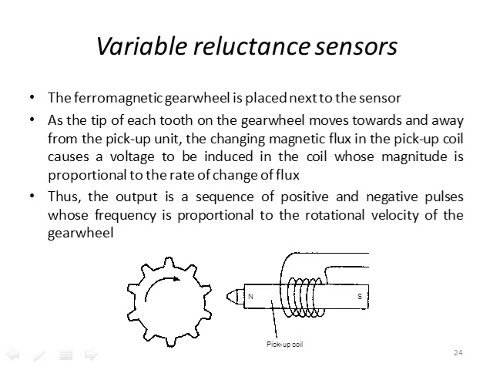Now, variable reluctance sensors, essentially we're going to be dealing with the same type of basic properties. We have a coil that generates a B field, and then we put some type of ferromagnetic material that can support magnetic flux in the system, or it's going to modify the B field in the system. And in this case, we put this